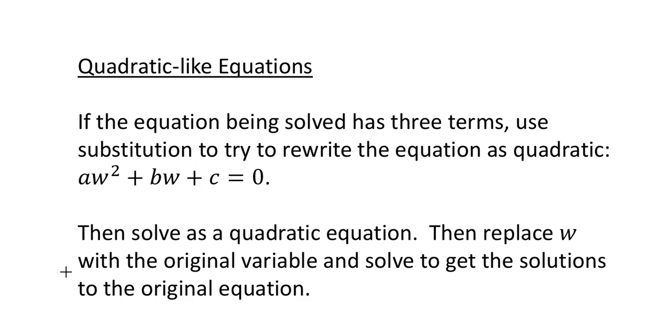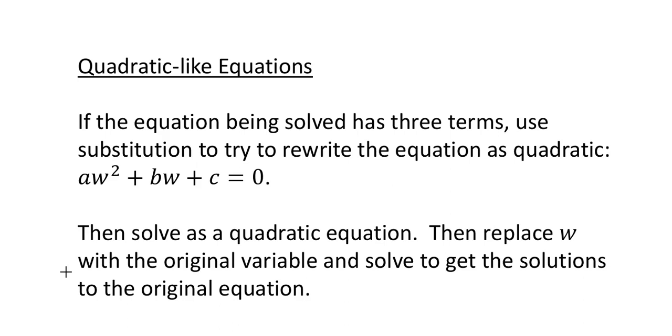And then once we have it as a quadratic equation, we can solve it using quadratic formula or factoring or whatever else might work. And then once we're done solving it for the new variable, which oftentimes will be w, you take the w back out, you put the original variable back in, and then you solve it further for the original variable, which is what you're ultimately looking for in these problems. So convert it to a quadratic equation by using substitution, then solve as a quadratic equation. Once you solve it, replace w with the original variable and solve to get the solutions to the original equation